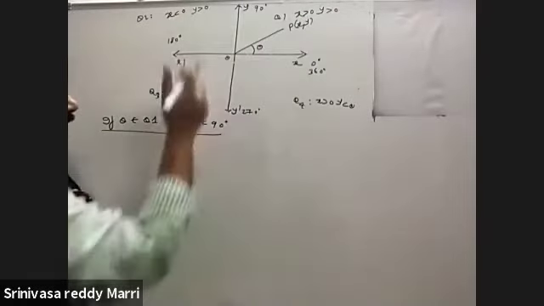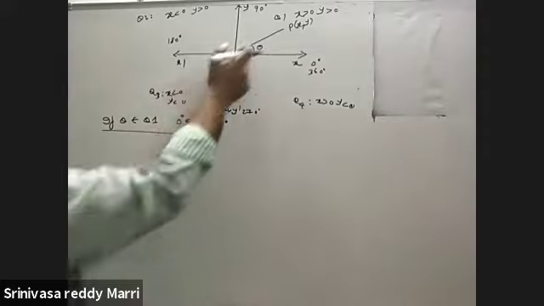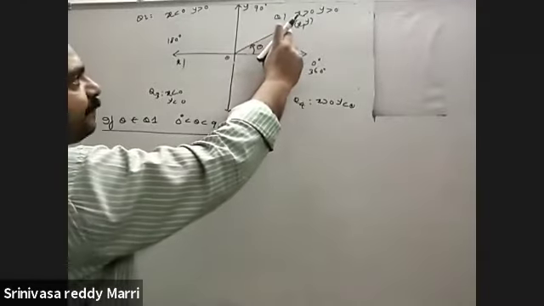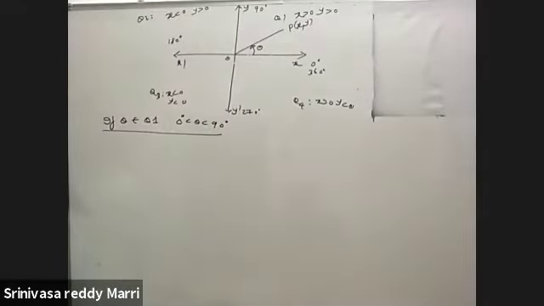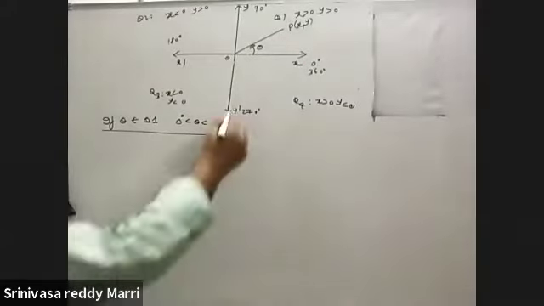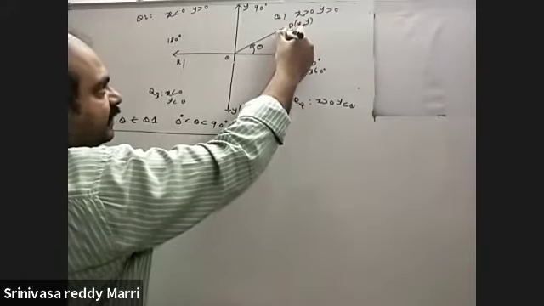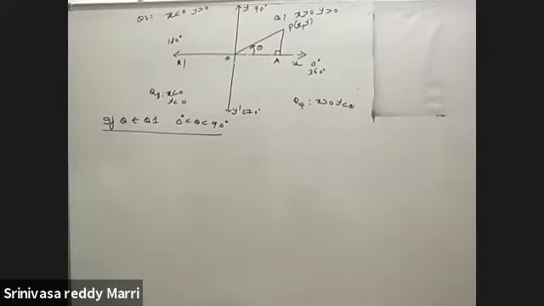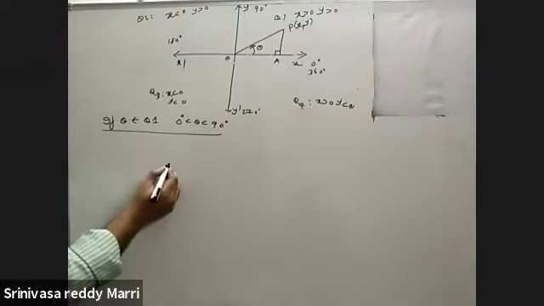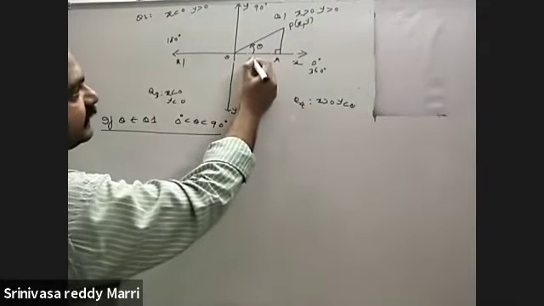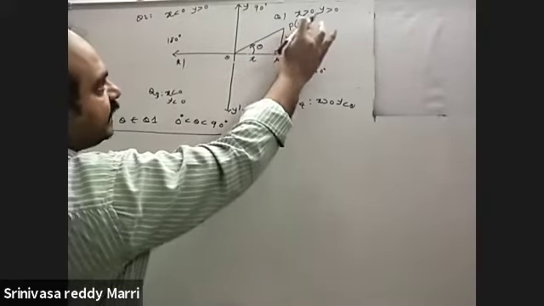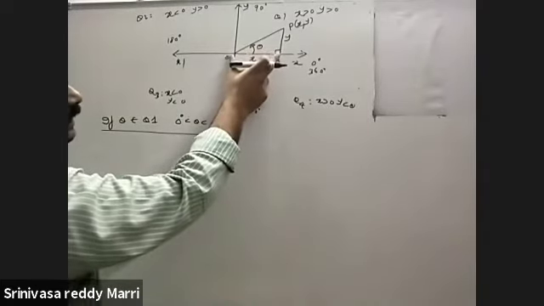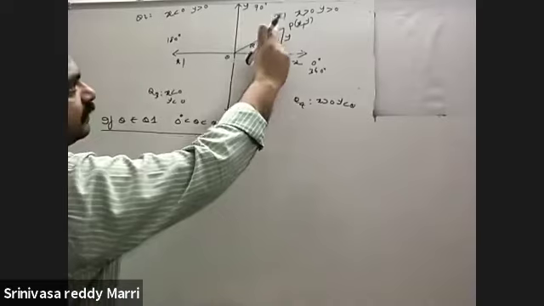First draw the terminal ray. Theta is in quadrant 1. This angle is theta. Now let the terminal point be P. That point is called x comma y. So x will be positive, y will be positive. Now construct the triangle in the first quadrant. Drop a perpendicular, let us say E. That is the triangle. This horizontal is called x, this vertical is called y. Then it will be called x comma y. Now look at this horizontal line. If this is theta, adjacent we will take x, and that we will take y.